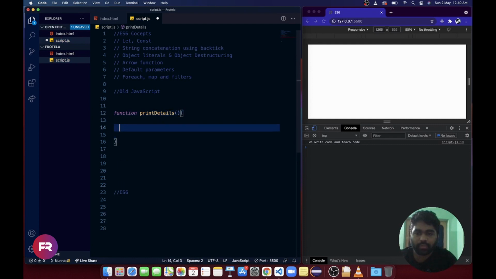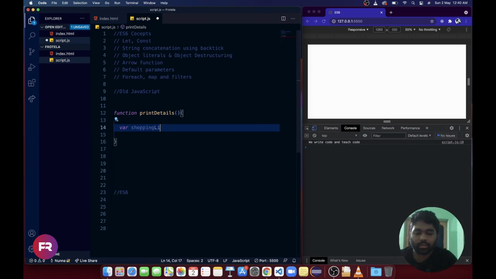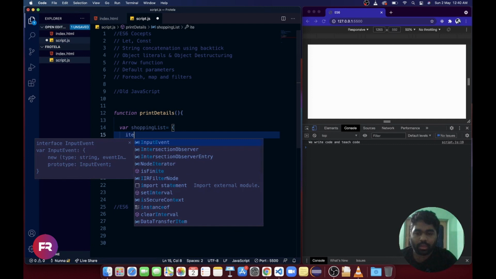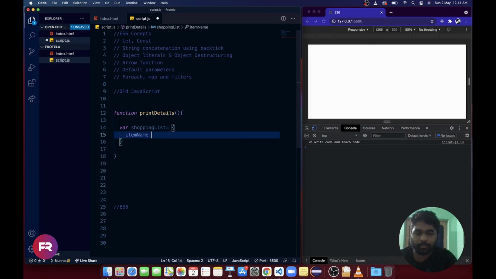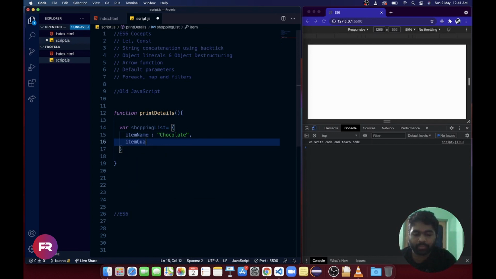Inside this I will create one object, shoppingList, and here I will give item name, as now I want some chocolate, with item quantity. I want to eat 2 chocolates.